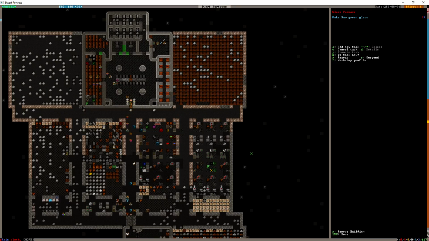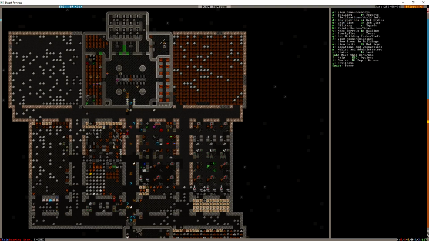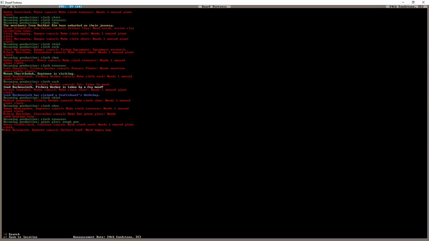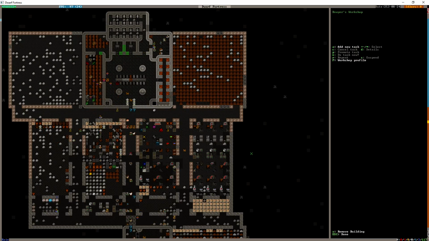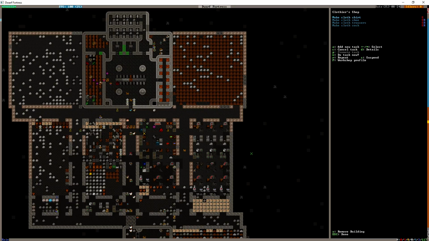We can't. Oh dear. Then collect some sand. And let's always have 8 to 10 sand. And let's do it now. We can't do that either. Why not? We need empty bags. Very well. We don't have cloth anymore, do we? I will remove these tasks for now. No, stop removal. And add a cloth bag